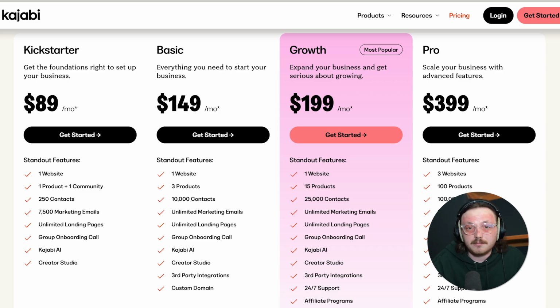When looking at these pricing models, it helps to think about what matters most to you. If you mainly want a place where your community can connect and chat, and you're not too worried about running courses or email campaigns, Mighty Networks could be a good choice. It's affordable and simple. However, if you're planning to build a full online business with multiple income sources like courses, coaching, and podcasts, Kajabi might be worth the higher price. It comes with all the tools you need in one place.